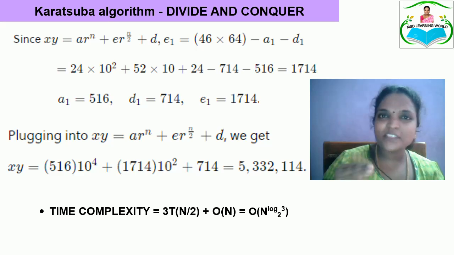So here by performing this Karatsuba algorithm, it is very clear that you are performing the multiplication only for 3 subproblems, which is done for n by 2 number of times. If you have n bit numbers for x and y, you are performing only for n by 2 bit numbers, and this you are performing for n number of times. So here clearly the time complexity is 3 subproblems, you are performing multiplication for half of the n number of times. So 3 into T of n by 2, and you are performing addition for n number of times. So when you simplify this, you will be getting order of n to the log 3 to the base 2, which is nothing but order of n to the power 1.5.